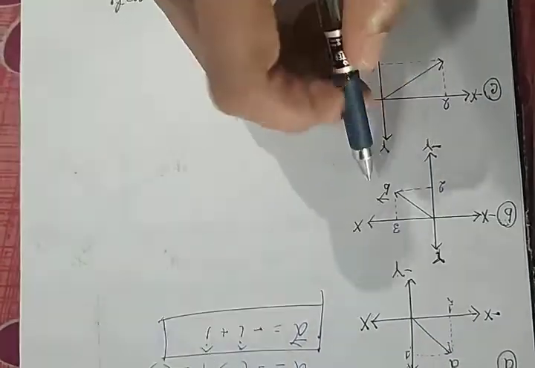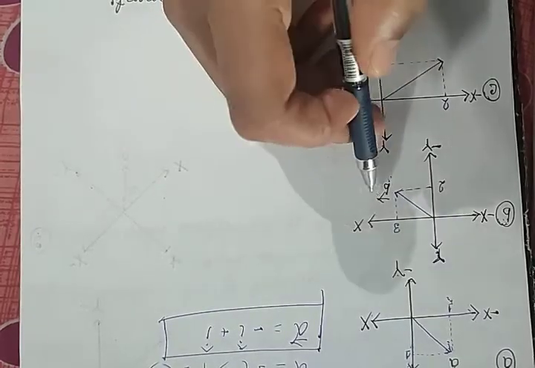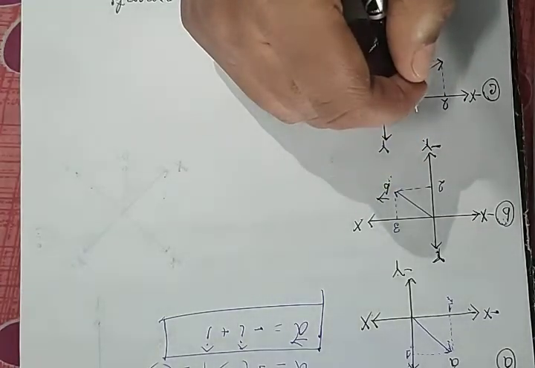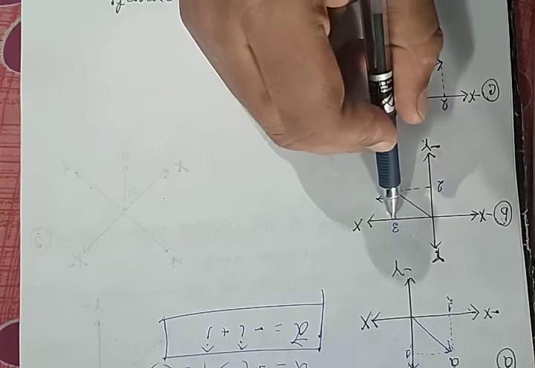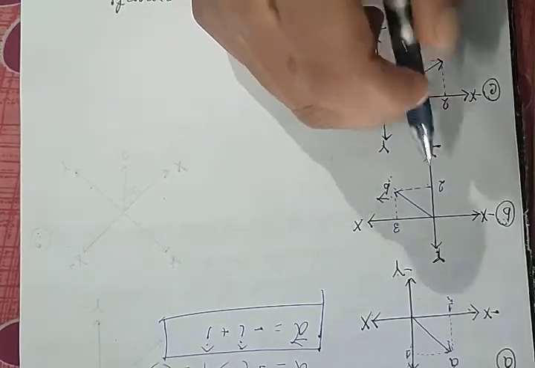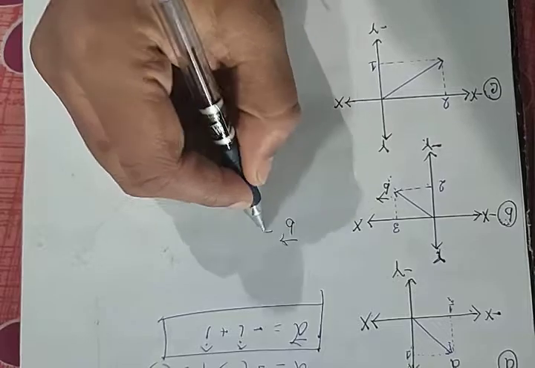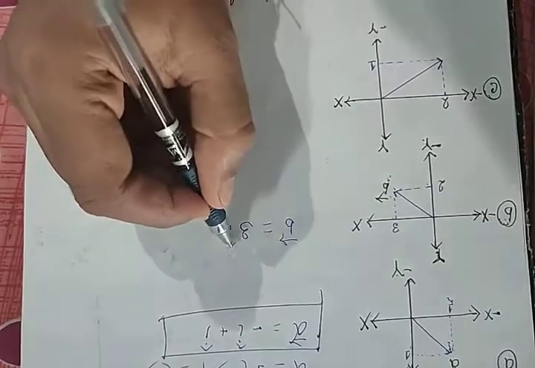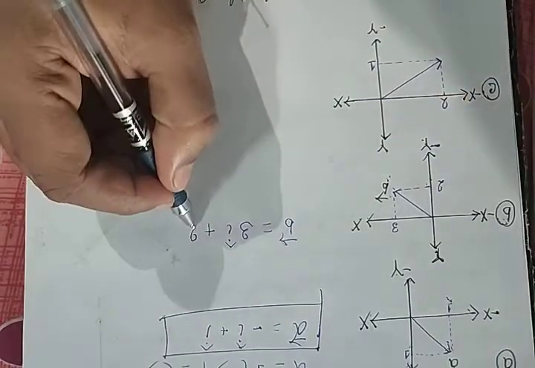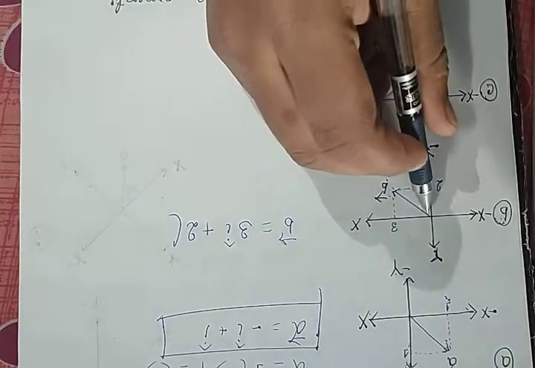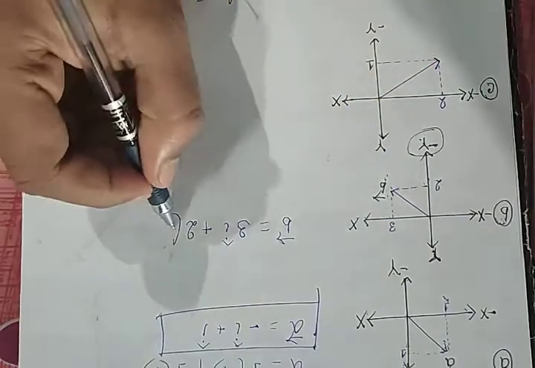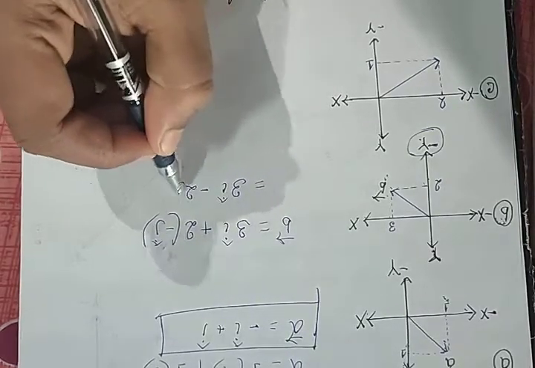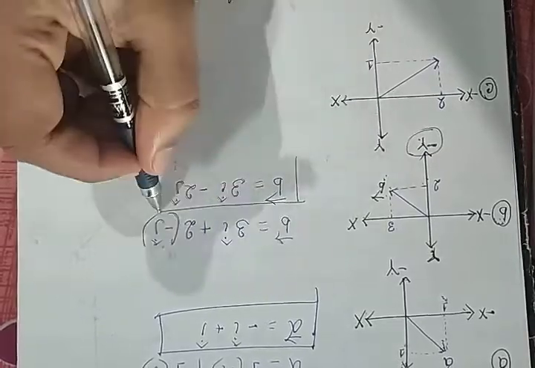In the second question, the vector B is lying between the positive x axis and the negative y axis. Its value along the positive x axis is 3, and along the negative y axis its value is 2. So vector B equals: value in the x axis is 3, unit vector along the positive x axis is i hat, plus value in the y axis is 2, and the unit vector along the negative y axis is minus j hat. So finally you can write 3 i hat minus 2 j hat. This is your final mathematical form.